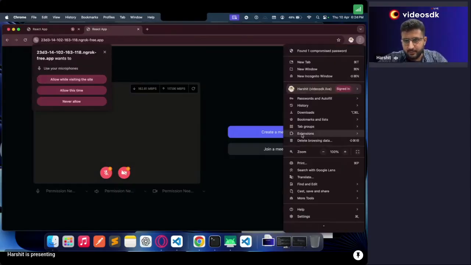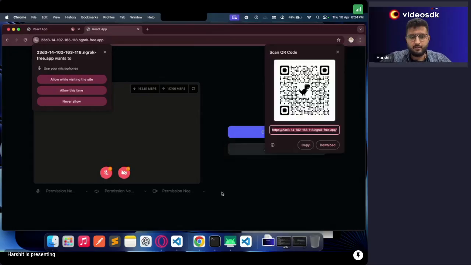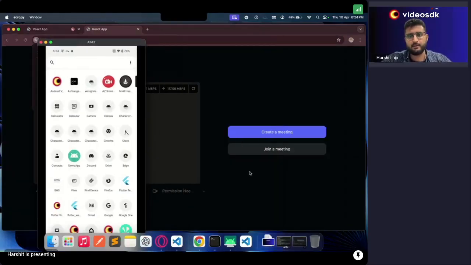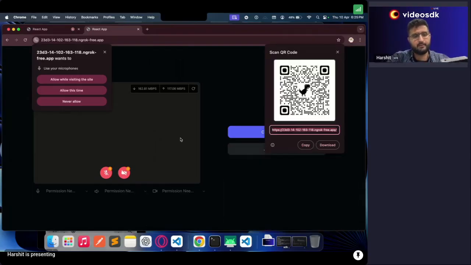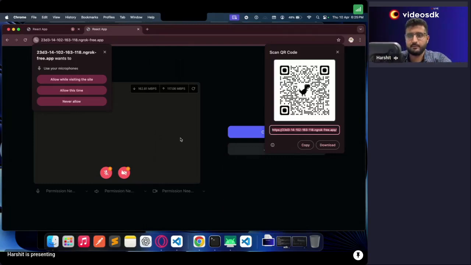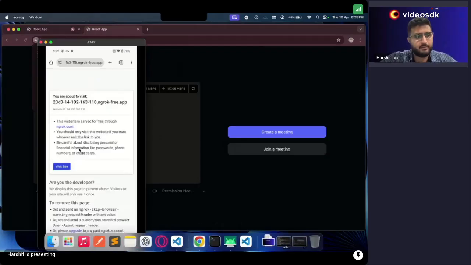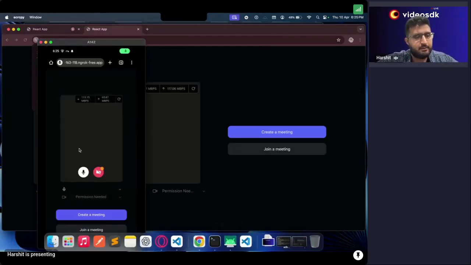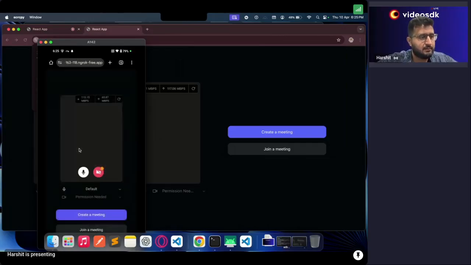And now I will simply share it using the QR code on my phone. I will keep my phone up here so you guys can see as well. Okay, now let me just grab the QR code from my camera. All right, so I have opened it on my device here. I'll check all the camera permissions and mic permission. Once that's done,